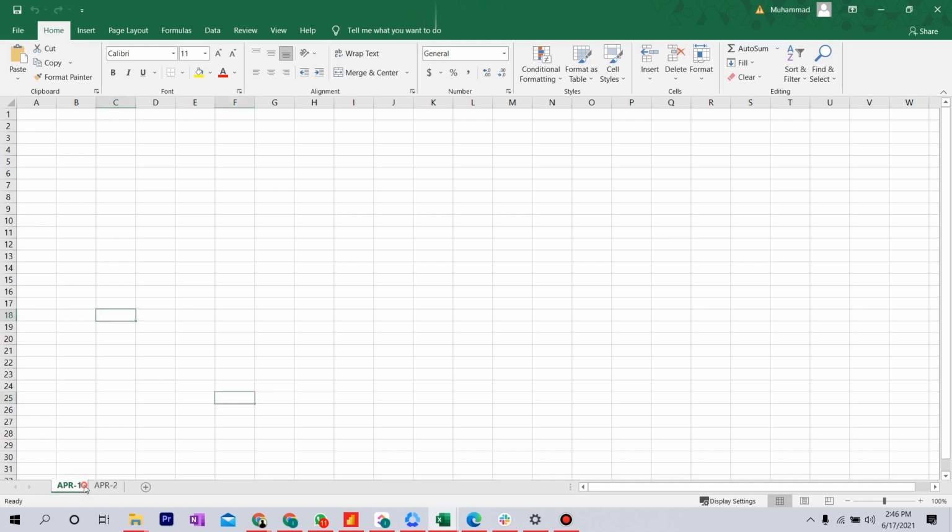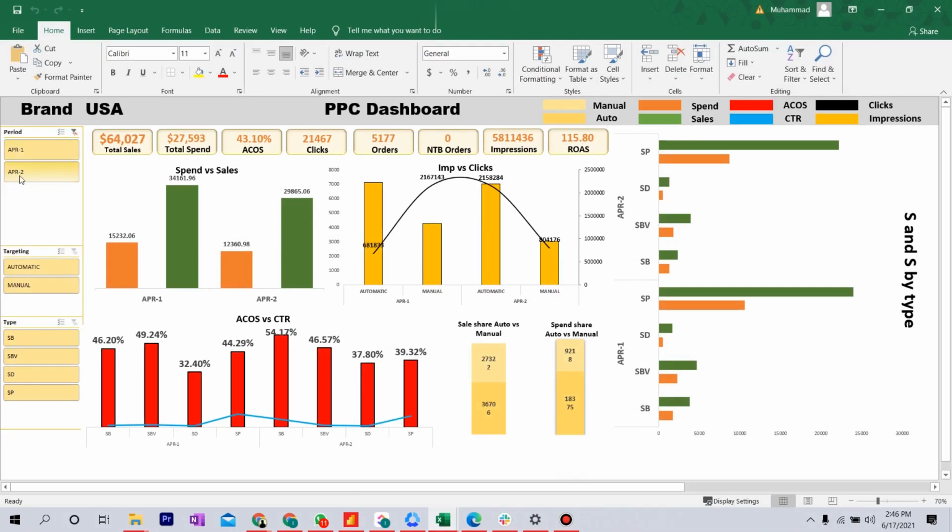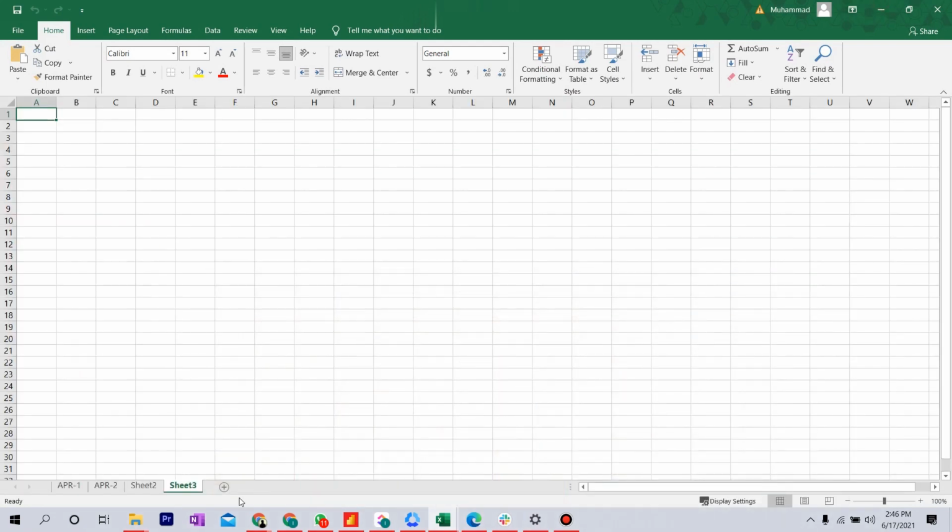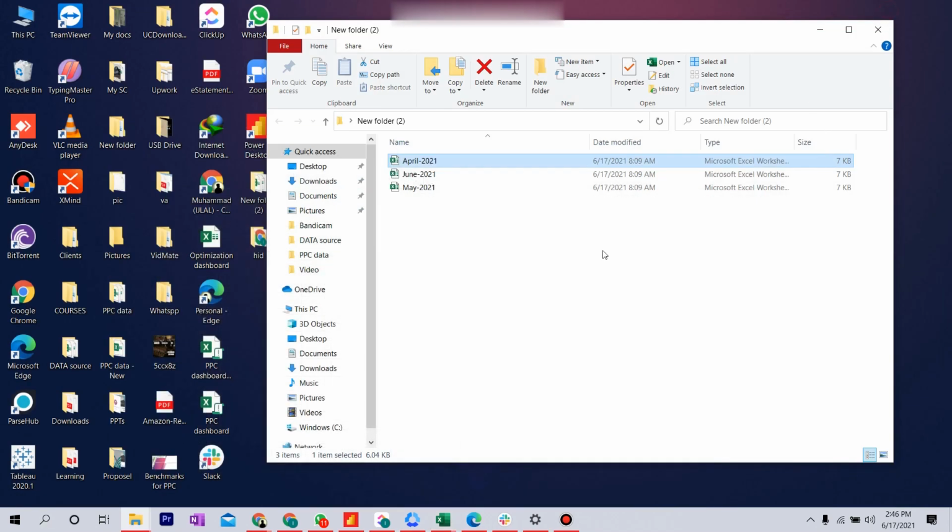So I've created this one. If you want to create for each week, you can create 4 of them, April 2, April 3, then April 4. It will show here in your PPC dashboard under periods, but for now I'm only using 2. I'm using bi-weekly. So once you have created, you have to create all of them for June, for May, for all of your months. Once you have done that,